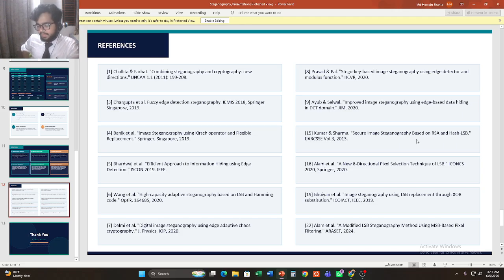And that brings us to the end of this presentation. To quickly summarize what we covered today, we began with the background, understanding why data security matters and how steganography and cryptography work. We identified the research gaps in existing methods: pseudo-random selection, lack of encryption, static patterns, and single-layer security. We clearly stated the problem: how to transmit secret data securely and undetectably.